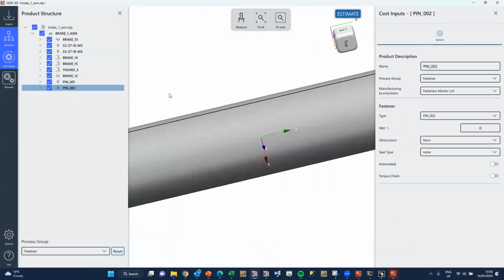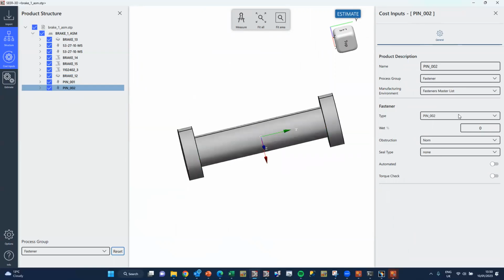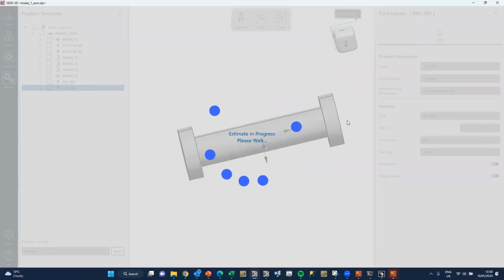So these are the assembly pins. Again, you can add all of your materials, your purchase parts, your fasteners into the system. Click on estimate, and it will go away now. It'll take all the information we've given it, all the process steps, all the environments, and it's going to produce an assembly. It's going to produce an estimate for the machine parts. It's going to give you an estimate for the fabricated parts, the costed nuts and pins that are in this assembly, and the sheet metal parts as well. So while this runs,